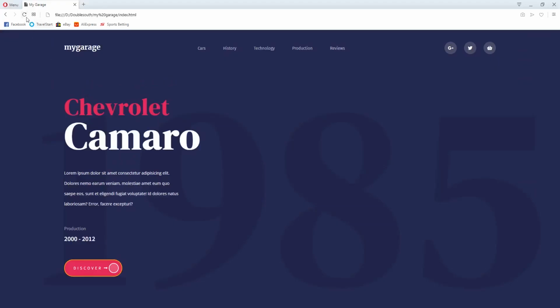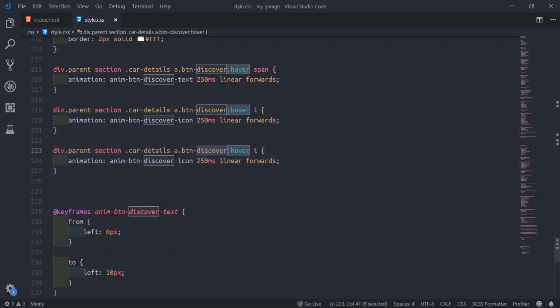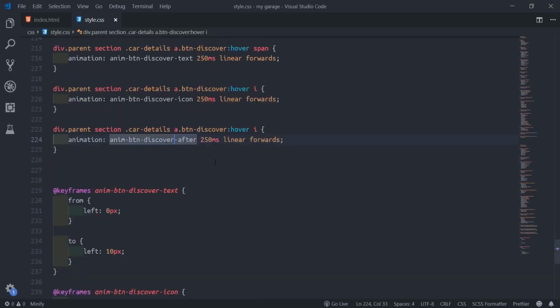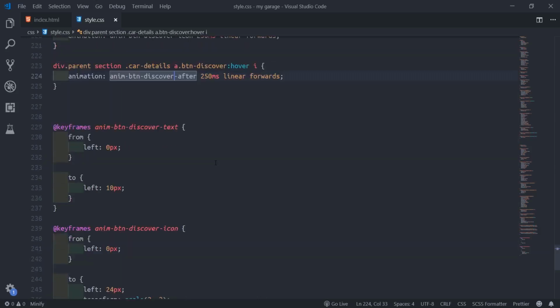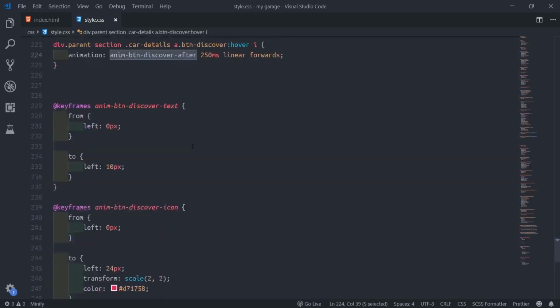So we'll go back and refresh. You see that on the enter, this circle needs to turn to white. So we'll animate the circle too. I'll come back and duplicate this one. Then instead of icon, I'll say after, because the after is the one animating.